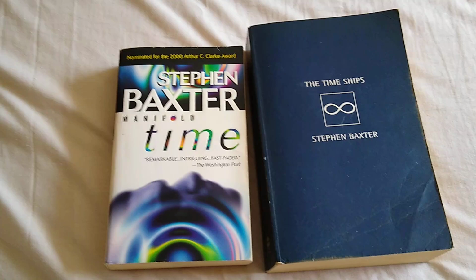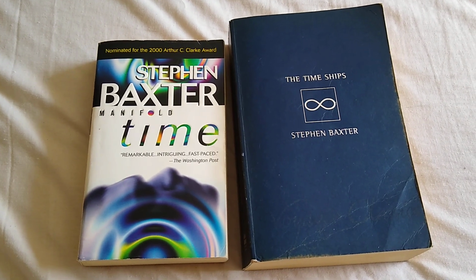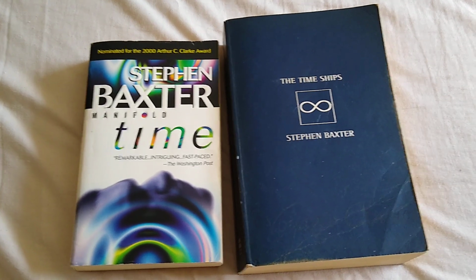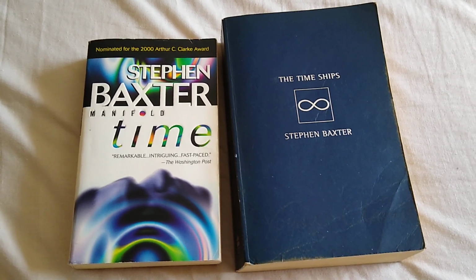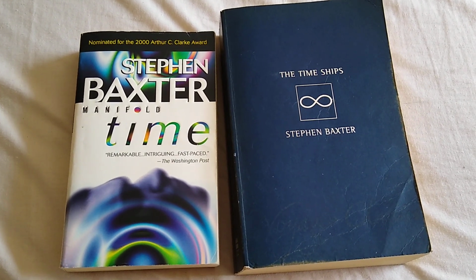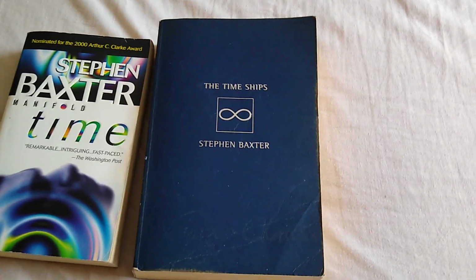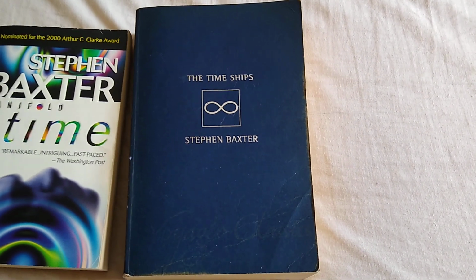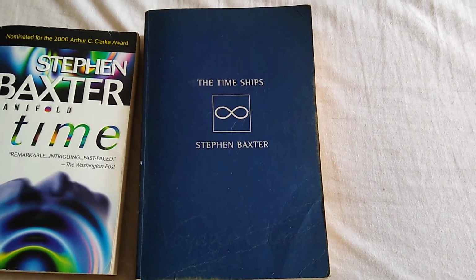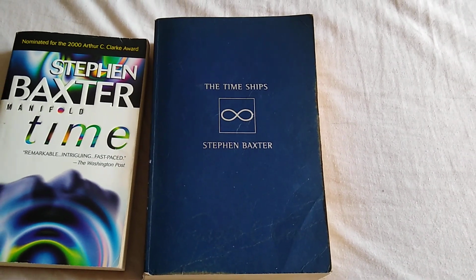It's a complex novel, but very rewarding, and it has one of the greatest sequences of far future exploration I've ever encountered. A great novel to get your teeth into. Very clever. And The Time Ships is a sequel to The Time Machine by H.G. Wells. It was actually authorized by H.G. Wells's estate, and as many critics have said,